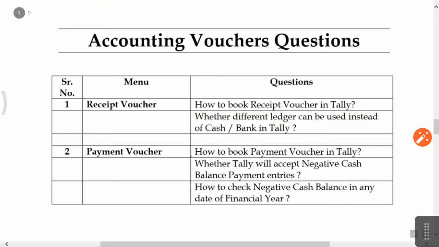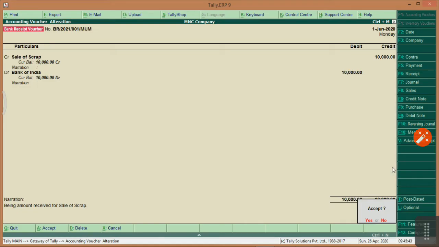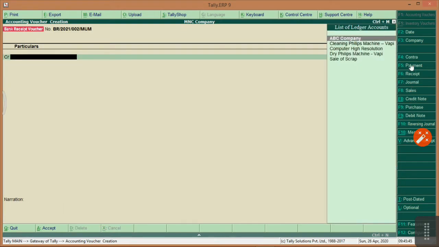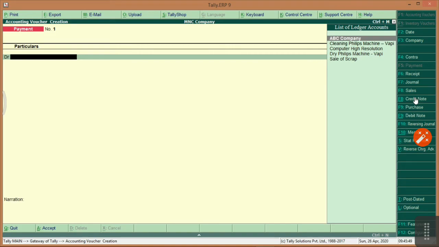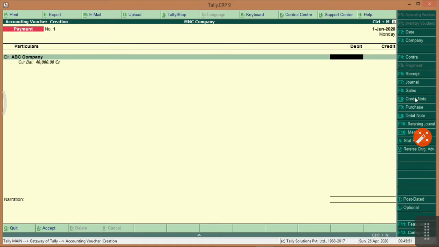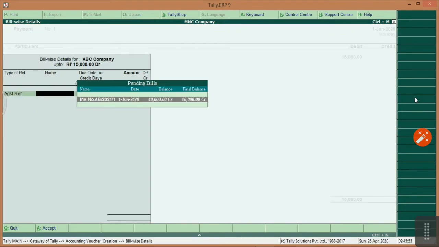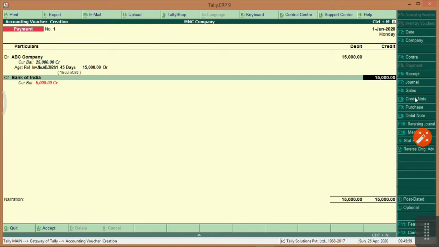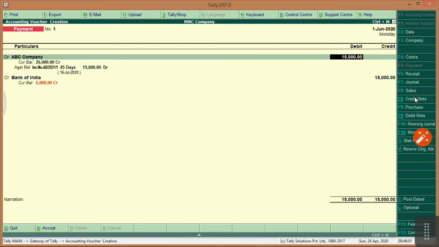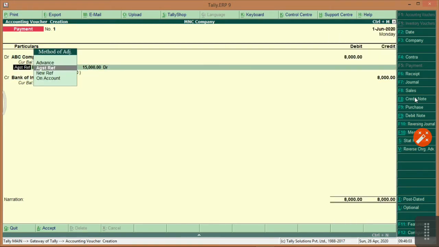Payment voucher. How to book payment voucher in Tally? Just press F5, and suppose you have to make the payment to ABC and company 15,000 against the bill number. Bank of India, suppose you have to make the payment of 8,000 only.